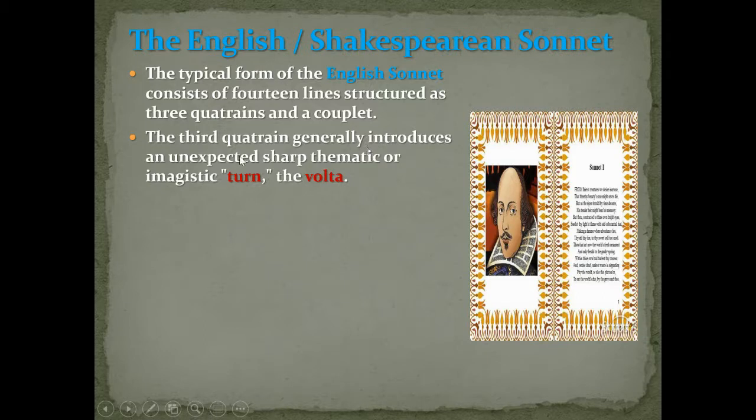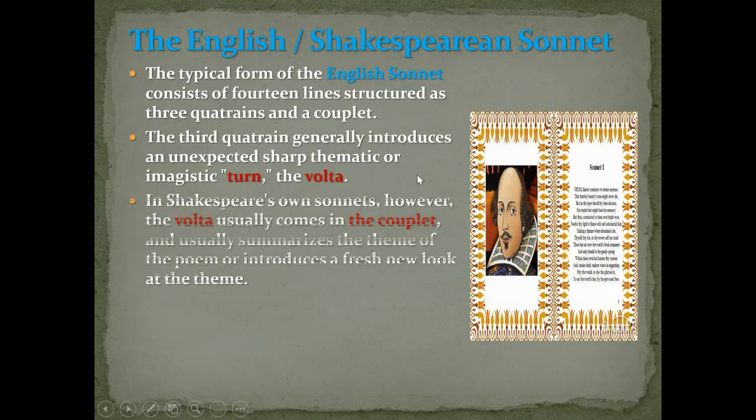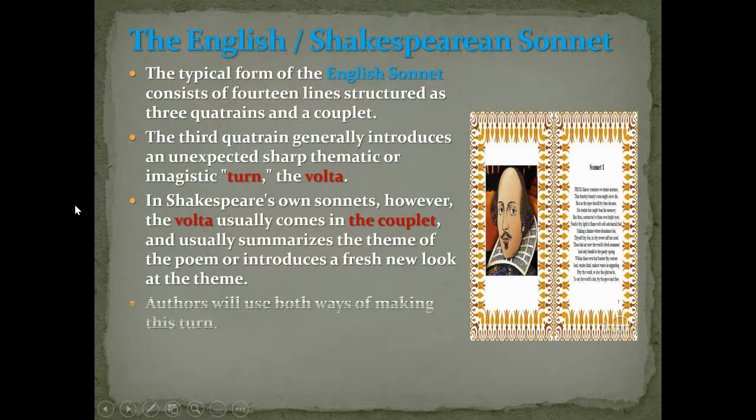The third quatrain generally introduces an unexpected sharp thematic or imagistic turn, or volta. So again, no matter what sonnet form you're looking at, there always should be some volta somewhere. Here it's usually in the last two lines with Shakespeare. Other English sonnets have it at the third quatrain. Sometimes Shakespeare does both. So just a little hint, with the few ones that we're reading, most of the time the volta is coming in that last two lines. And it usually summarizes the theme of the poem or introduces a fresh new look. Authors, of course, will use both ways of making this turn,